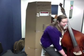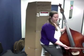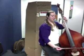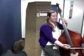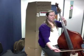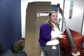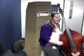Let's try that with bows on the string now. Measure 17. 1, 2, ready, go. Shift back. In the next section, you'll see that we are going to have a similar shift, looking at measure 19 into